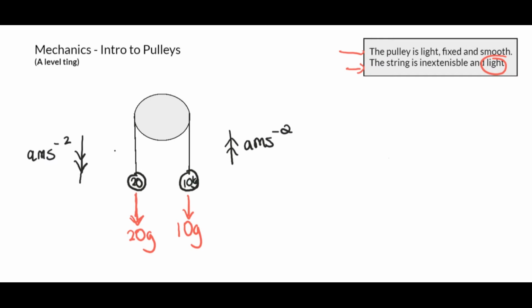I told you that this string is inextensible, and when I told you that, I told you the tensions were equal. Basically, the tension here is going up, the tension here is going up. And this is always like that. Tension is always going towards the pulley. You see the circular thing? That's the pulley, yeah? Tension is always going towards the pulley. You understand? So these T's going up will always be the same. You understand? Cool. Now, once you get to this stage, light work.